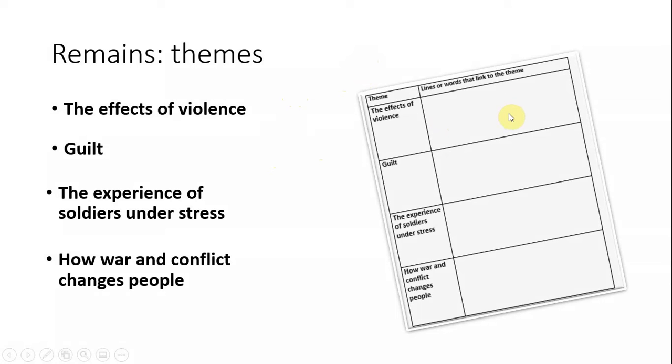So when he talks about his bloody hands, that's the effect of violence in literal blood on his hands. But also when we talk about having blood on your hands, we're talking about guilt and the figurative image of blood that represents it. So I'm about to get on with that on the poem, and I'm going to show you how I would start doing that, and then you are going to complete that activity yourself.